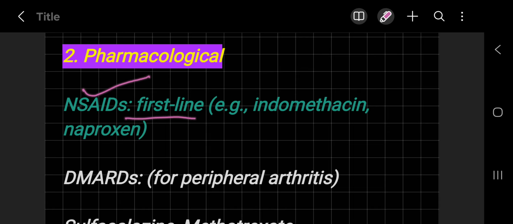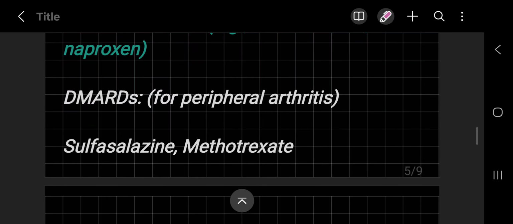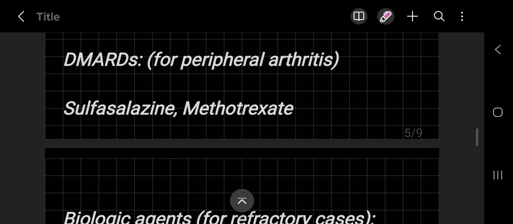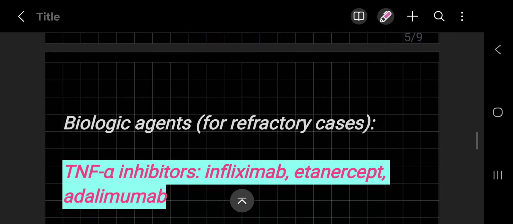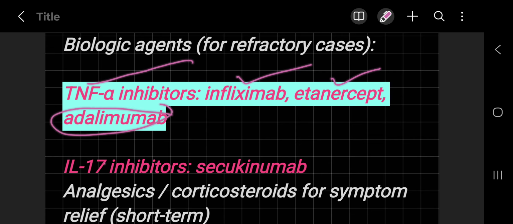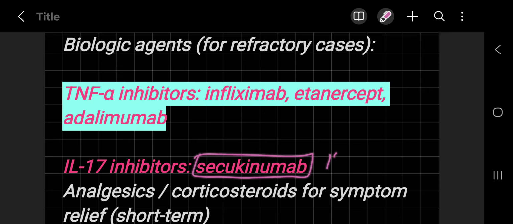NSAIDs are given as first line agents because they reduce pain and inflammation, for example indomethacin, naproxen. Then, if these don't work, we go for other agents like methotrexate, sulfasalazine. And if these don't work, we go for TNF alpha inhibitors like infliximab, etanercept, adalimumab. Other agents are also available, like interleukin 17 inhibitors including secukinumab,